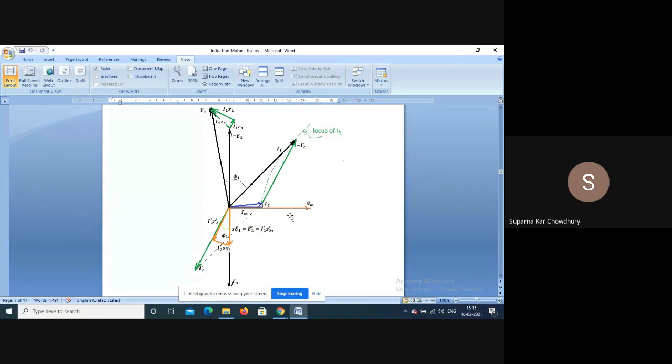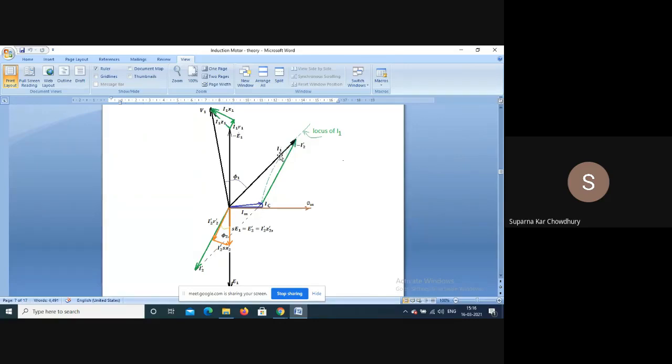So the secondary is short circuited, so this will be the current. Now this current will have a reflection in the primary. So this I2 dash is reflected here in the primary. So the primary draws a current to compensate for this. So this is minus I2 dash. So the total current carried by the primary is now I1.